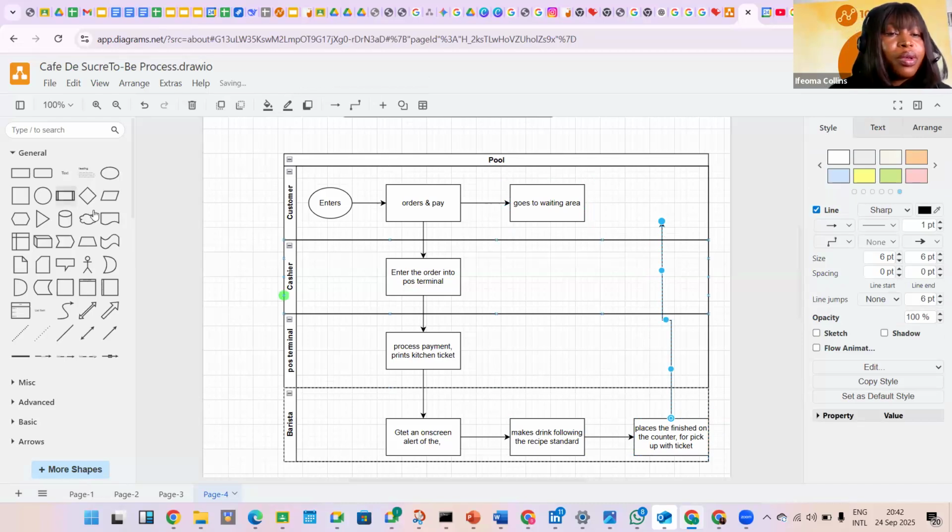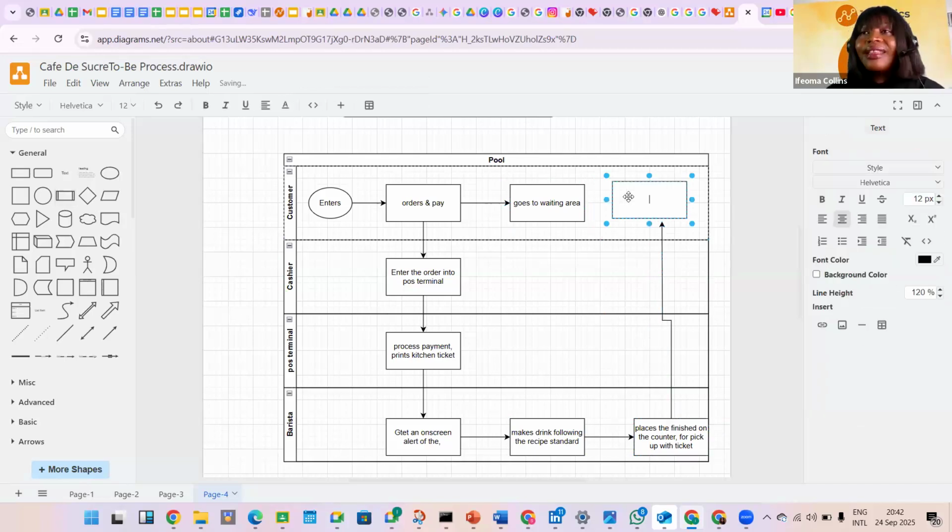So let me just pick this from here. And you can also do this drop here. So now he's going to get an automated message, right? That his drink is ready. Alerted that drink is ready